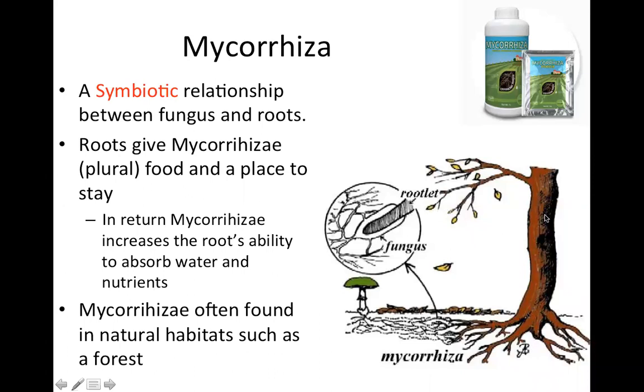Your plants absorb a lot of sunlight and chlorophyll, and they create sugars and carbohydrates. They use some of it, but a lot of it they release through their roots. It's called exudates, and it feeds all the biology. So mycorrhizae will attach to that. They'll feed off of those exudates, and in return,